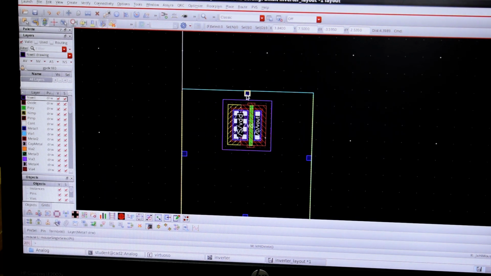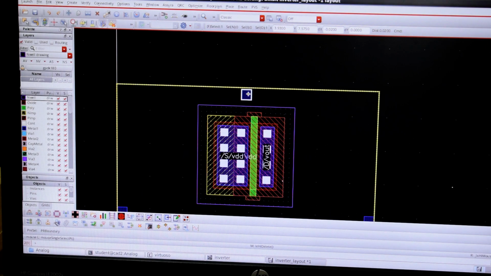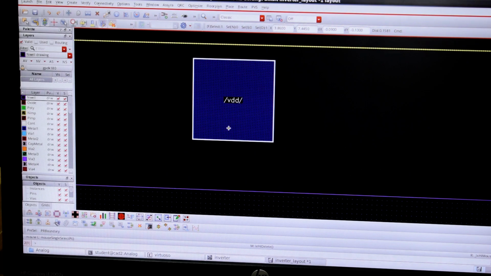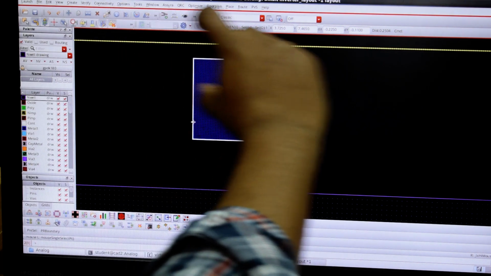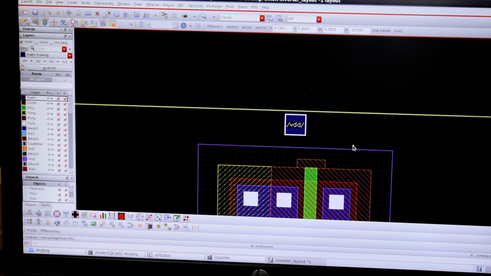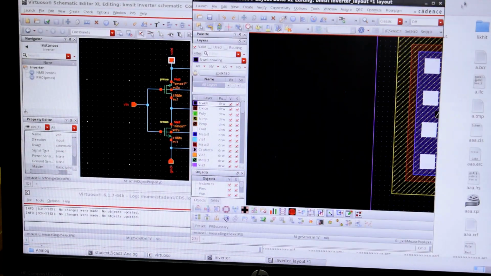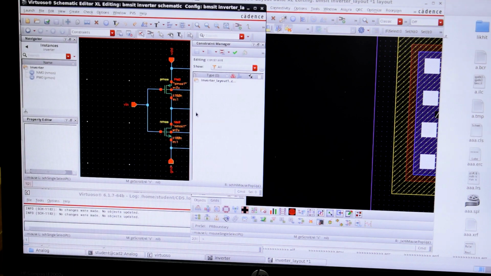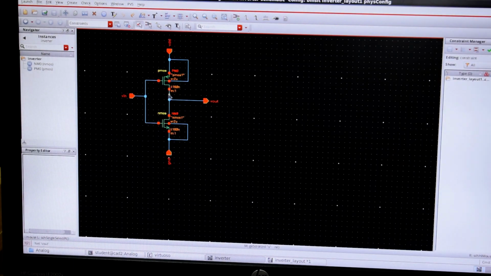Now if you move this, you'll understand this is connected to this VDD. If you select text, the label will come on top. So I need to connect this as per my schematic. From the schematic you can see both the gates of PMOS and NMOS are shorted and connected via Vin. Then again both the drains are shorted and connected to Vout.